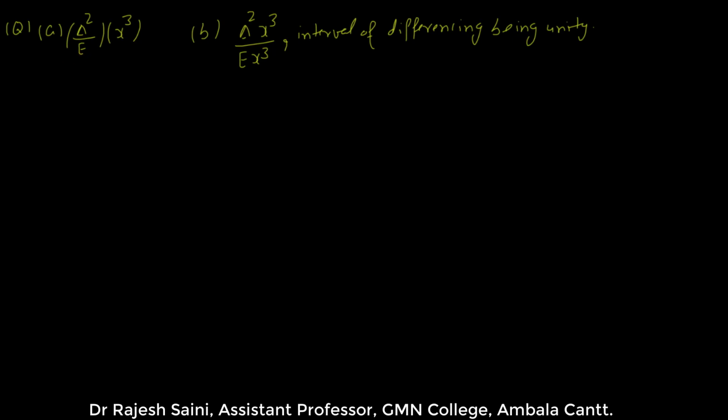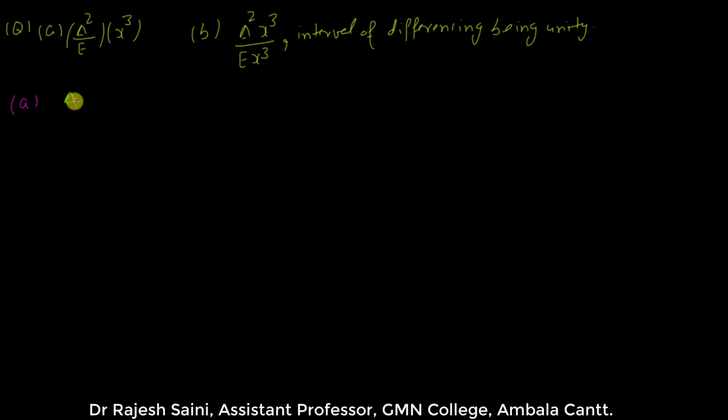And this question I have picked because it gives the contrast that delta square by E x cube is not equal to delta square x cube by E x cube. So both are different questions. So I'll show you why they are different and where they differ. Firstly, let us take the first question,